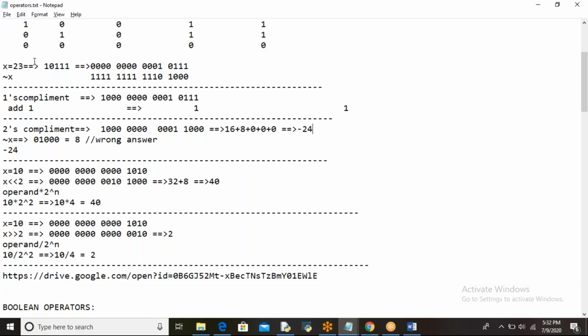You should not do ones complement for only 5 bits. You have to do it for all the bits, 16 bits. This is wrong. Okay. Got it clear? This is what about bitwise and, or, exclusive or, left shift, right shift and ones complement. Now we'll write an example program where you can perform all this.